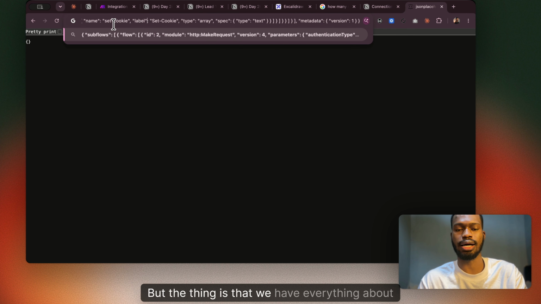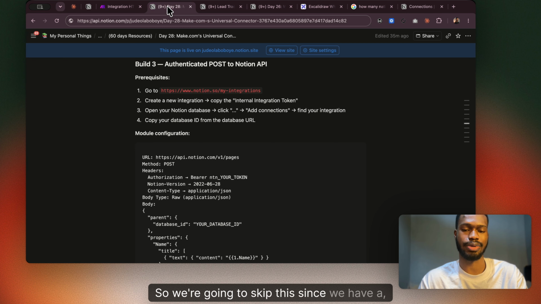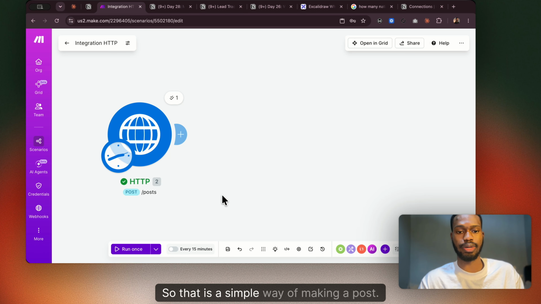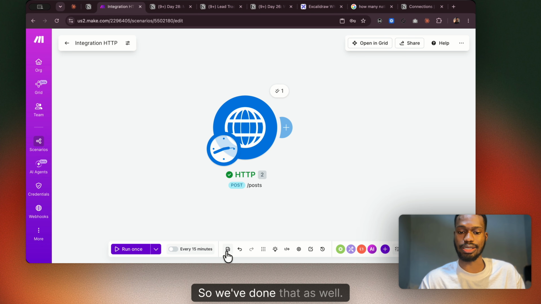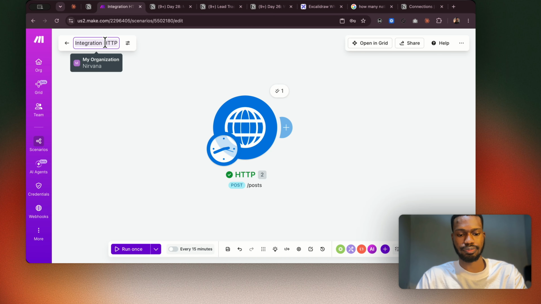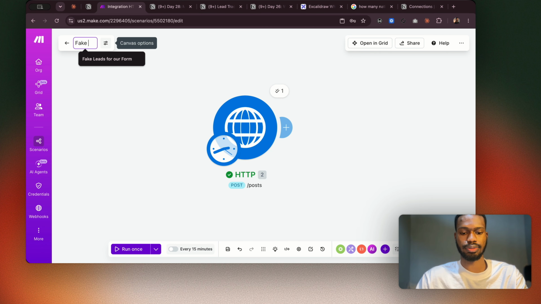But the thing is that we have everything about make.com here as well, which is very annoying, and it might require us to start deleting a couple of things out. Let's see. Okay, so this is a lot, so we're going to skip this since we have a couple of things to explain. So that is a simple way of making a post. So we've done that as well. Let's save this. Let's say we just made a fake post,